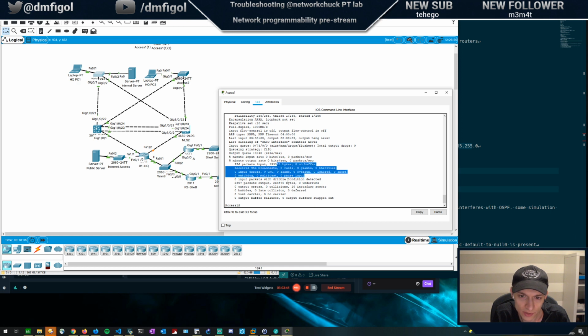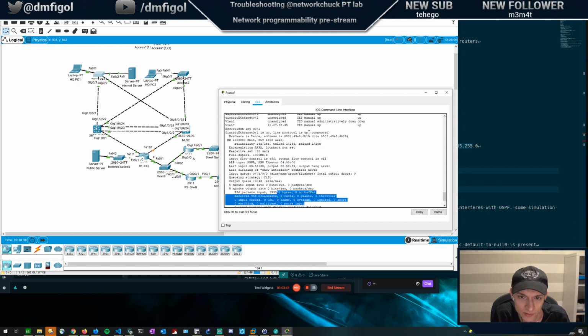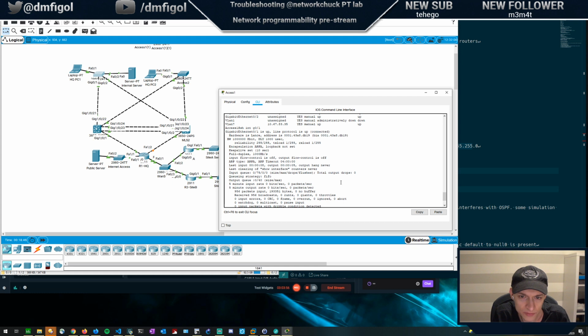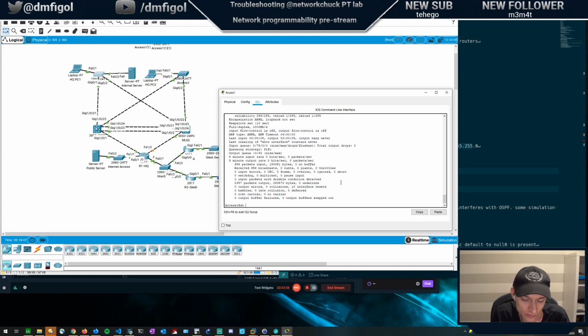There are input and output packets here. This link is up, it's connected, it's full duplex. I don't see any drops here, so it seems fine. So I can also do gigabit 01 switch port,